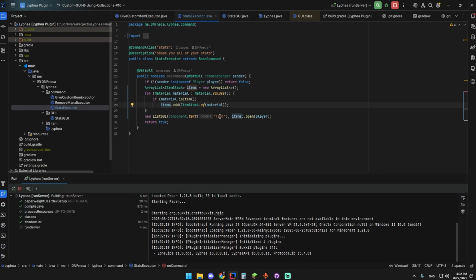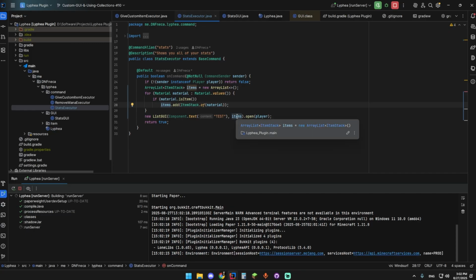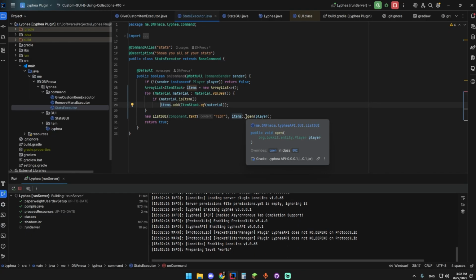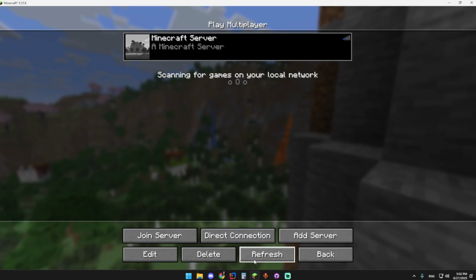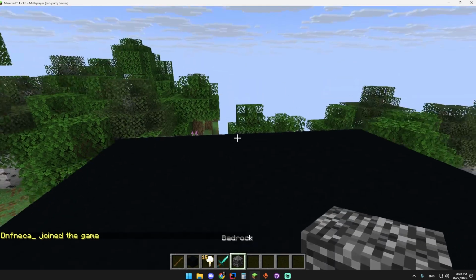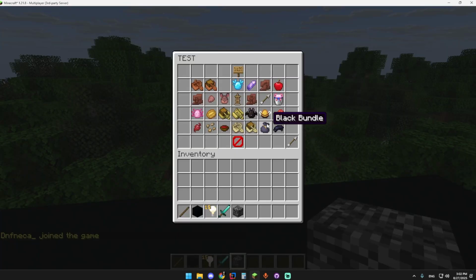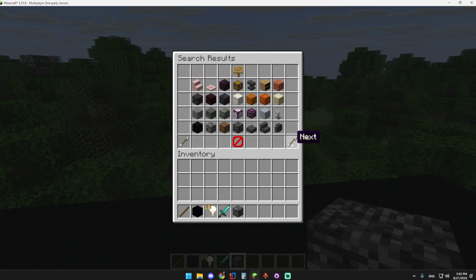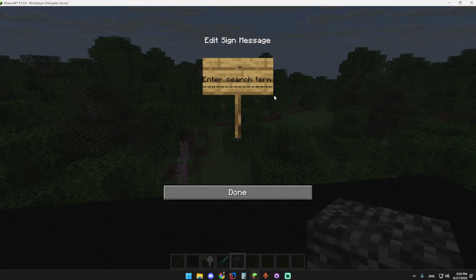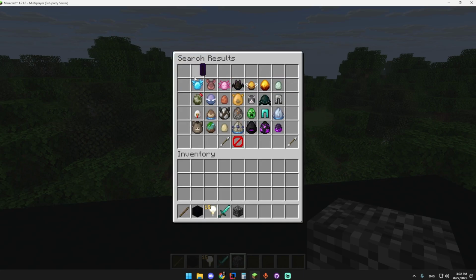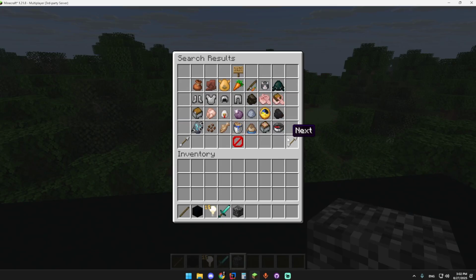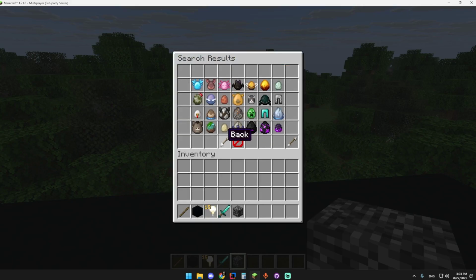It's the list GUI that takes in a parameter of component and then an array list of item stacks. It works as a regular GUI, and so we can join the server and I can show it to you. There we go. So let's call stats, and there we go. So this is, I guess, air, and as you can see, it's all of the items that are in game. You can even search. That would be egg, and I will see all of the eggs. And when I go back, as you can see, it even puts me in the page that I was on. So as you can see, it says search results,